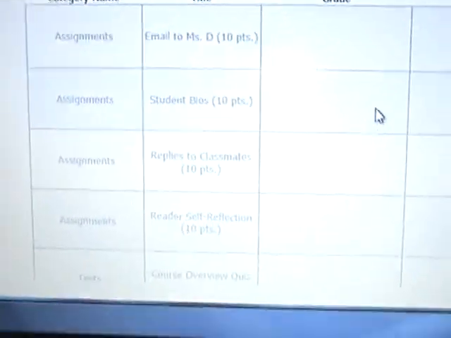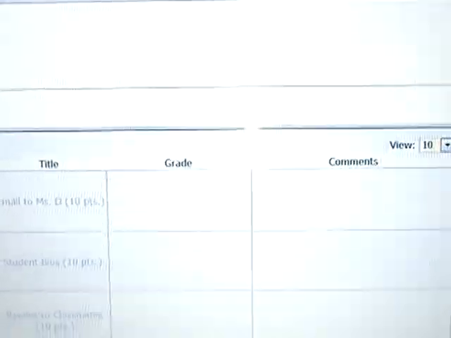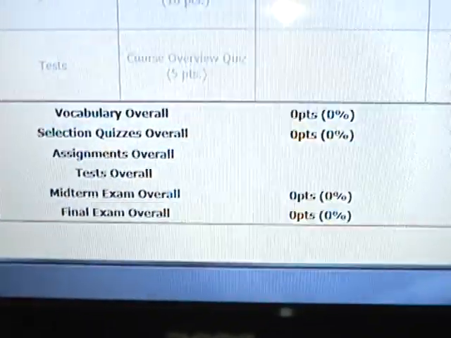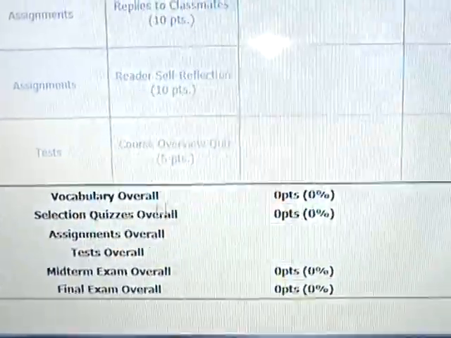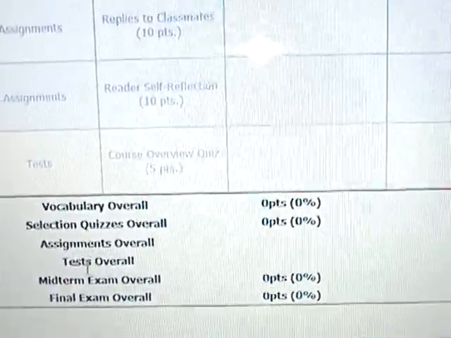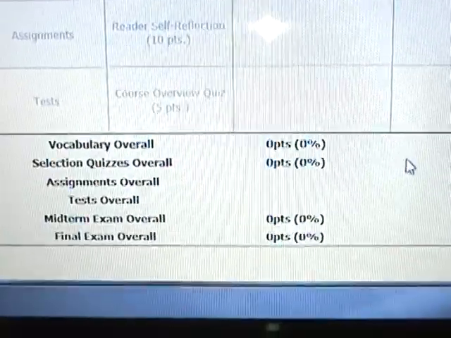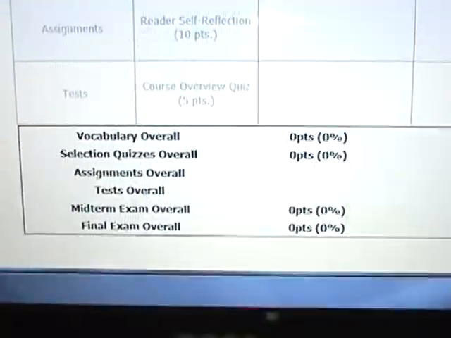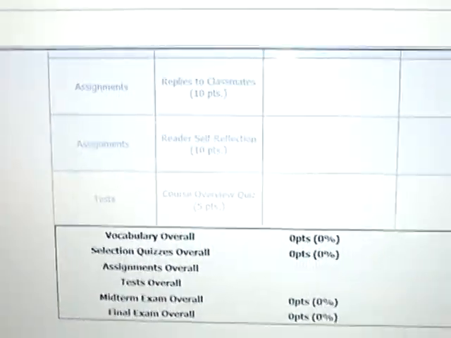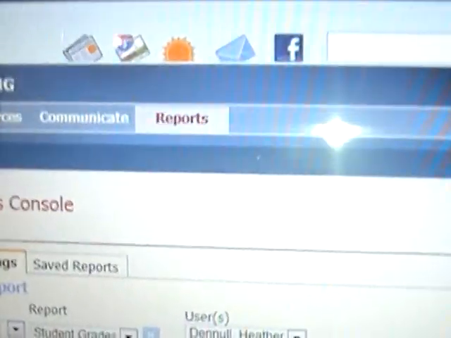But this will allow you to see every assignment from every category within your given course. And then down at the bottom, it gives the totals available for each of the categories for each of the assignments for the course. So this is one way you can see your grades,